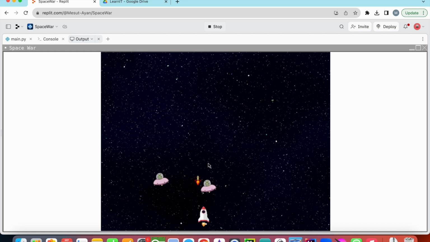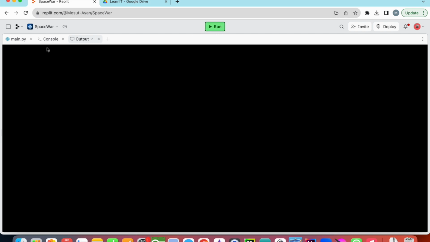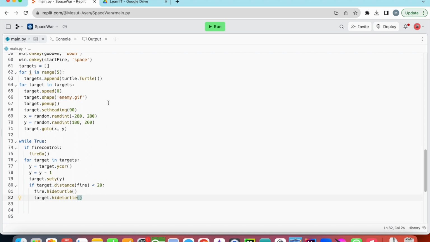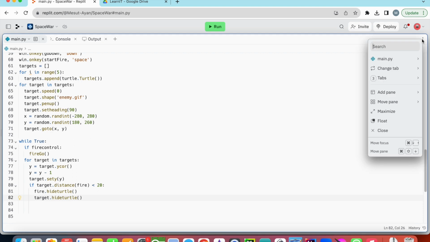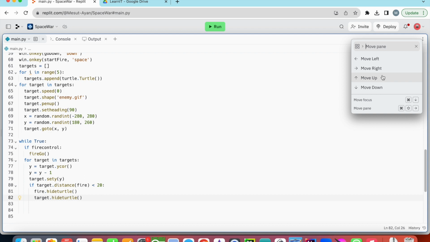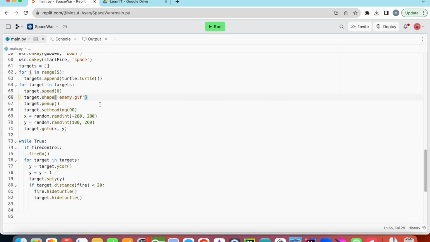I can increase their speed, in fact, and their amount. When I hit all of them, I can write that I win. But if some of the enemies come down before hitting, I am going to lose. And also it's possible to, let me create here one pane. Okay, so it's possible that when my player hits any target, also I am going to